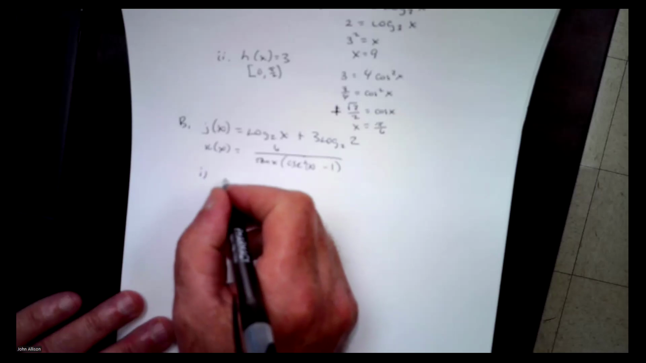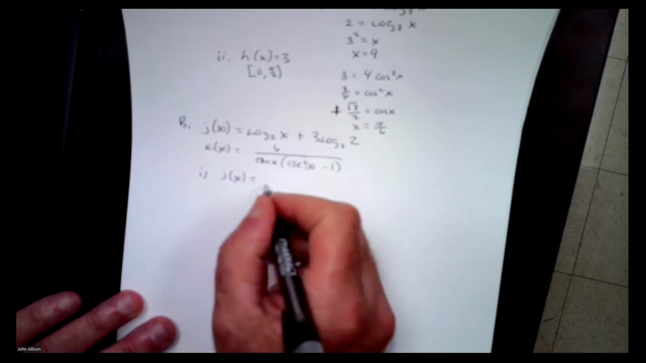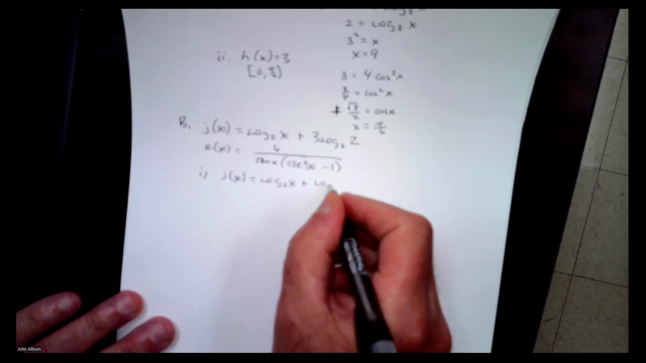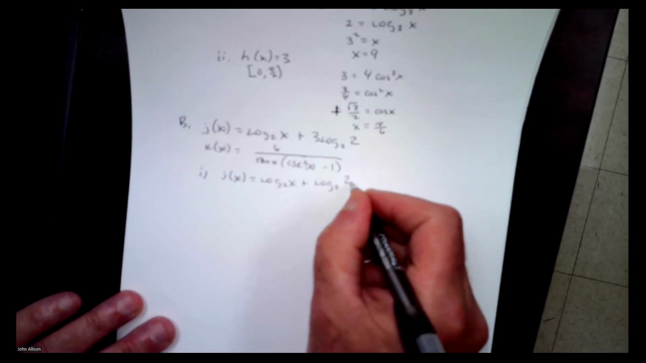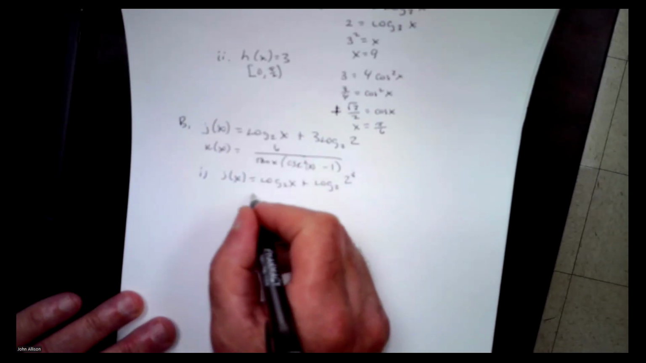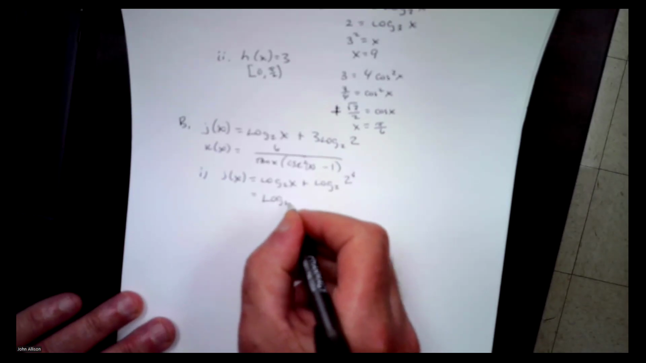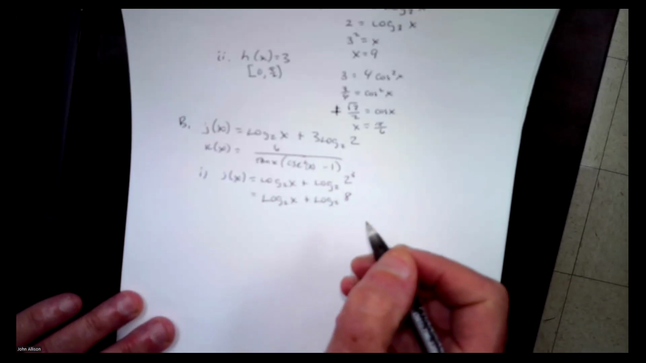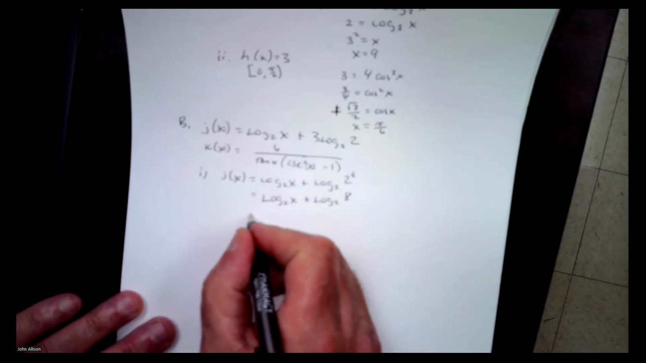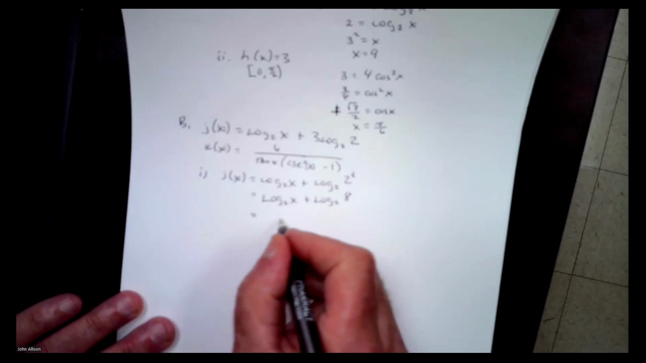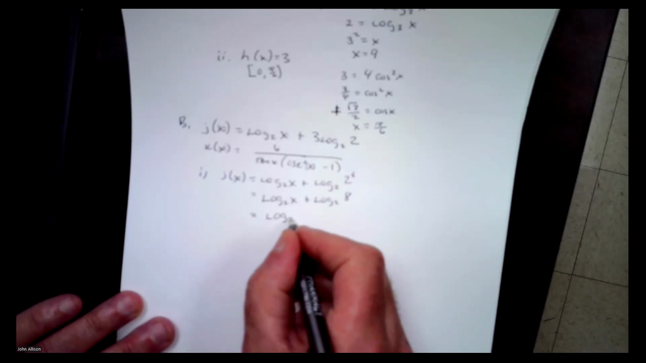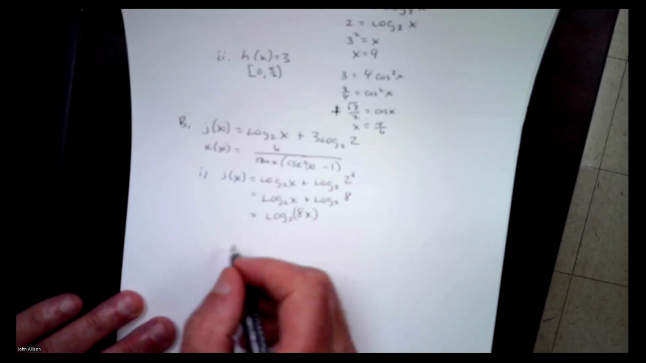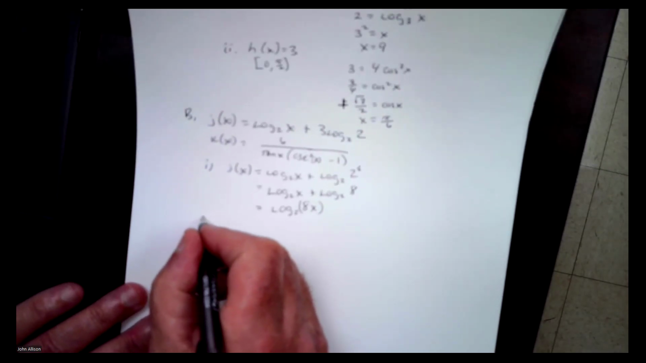So we're going to take j of x, and we're going to say that's log base 2 of x plus log base 2 of 2 to the third power, which is also log base 2 of x plus log base 2 of 8. When we have two logs added with the same base, we can bring those together into one log and combine it by multiplication. Log base 2 of 8x. And that's in the form that we're looking for. So part 2